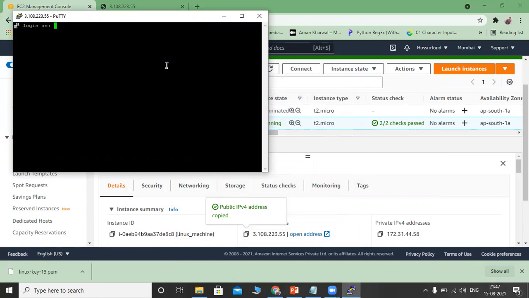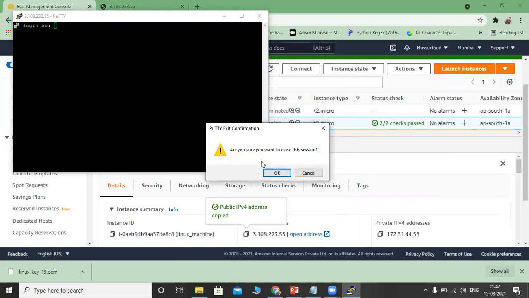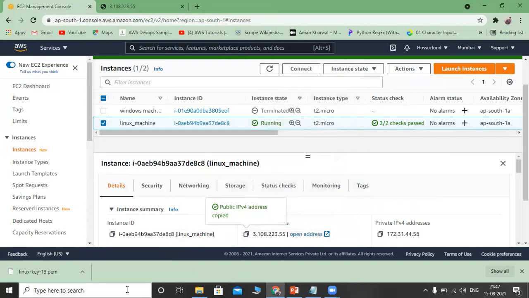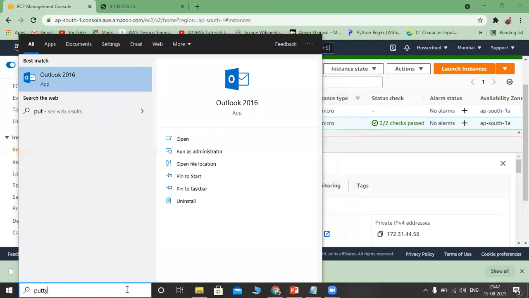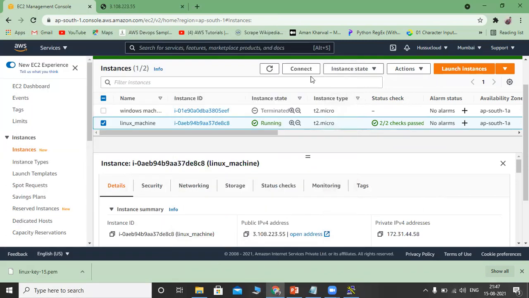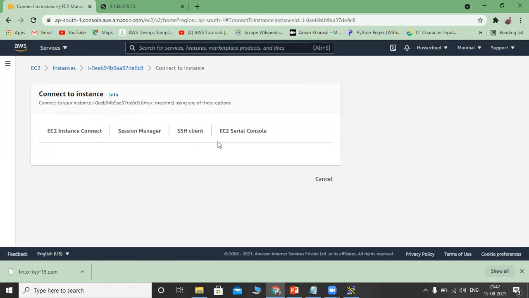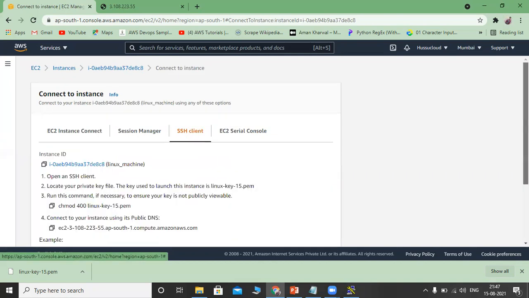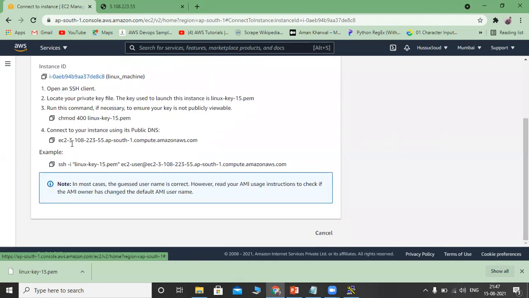What is it prompting? Okay, it is prompting, let me open PuTTY once again. Here, rather than providing the IP address, I will take Connect, go to SSH client, and take this one, ec2-user.